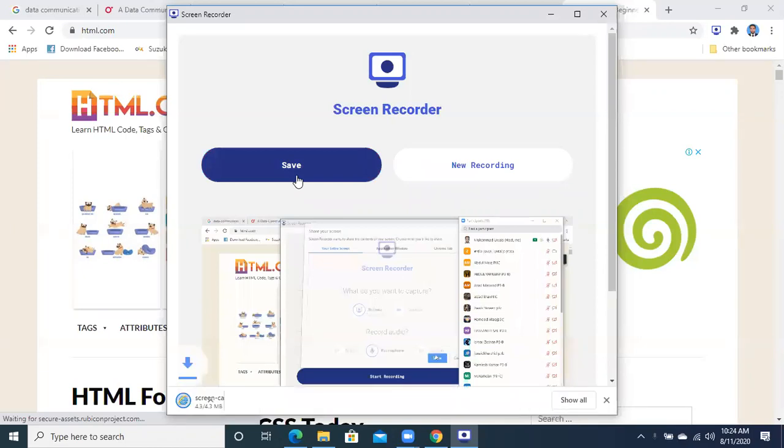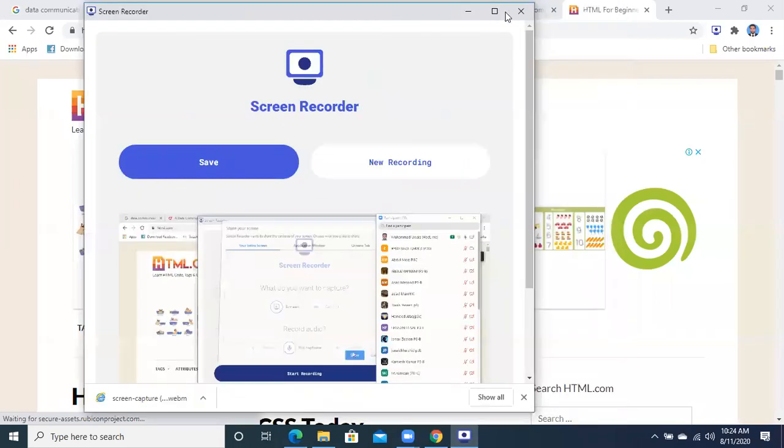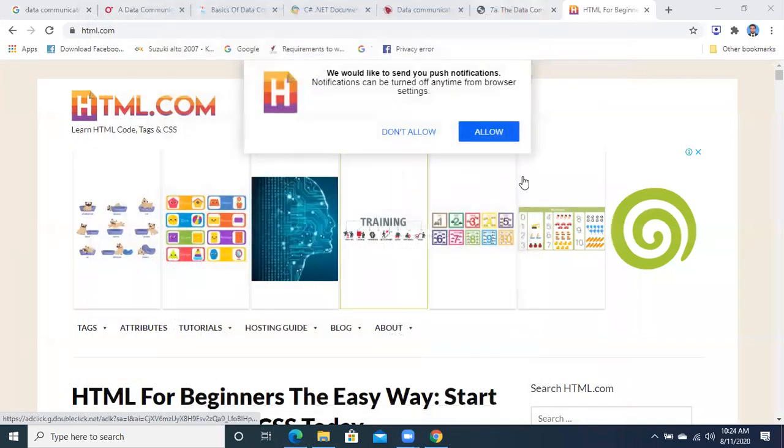There should not be any other student who is not from this class. This is the P3 class. If there is any other student, they should leave quickly. Acha ji. So your attendance is now marked.